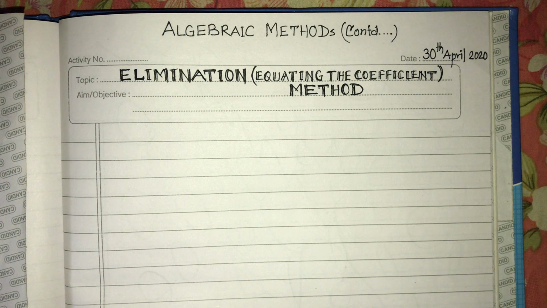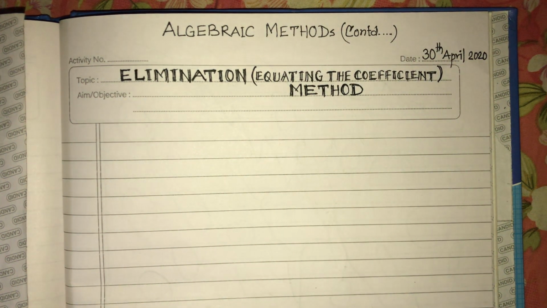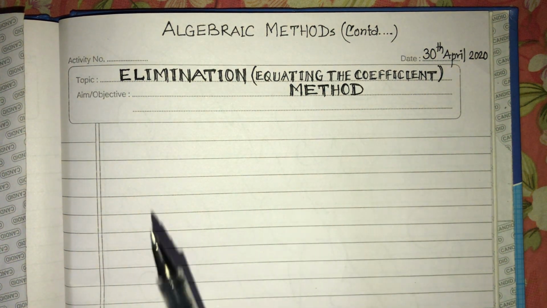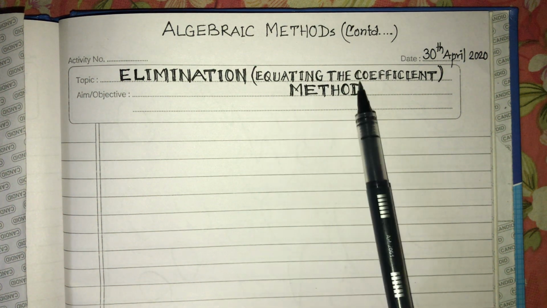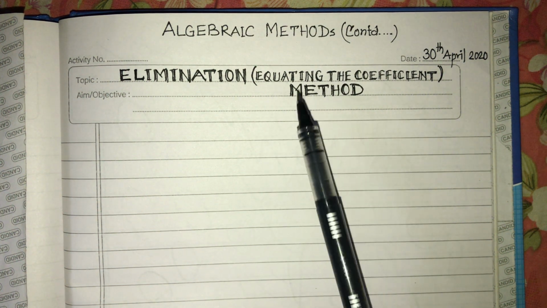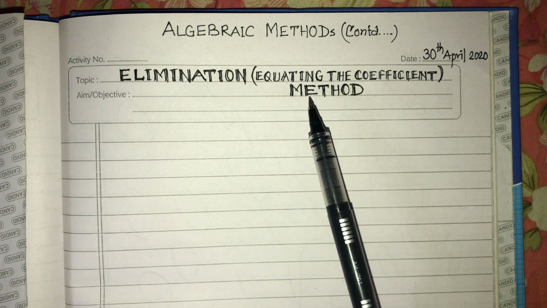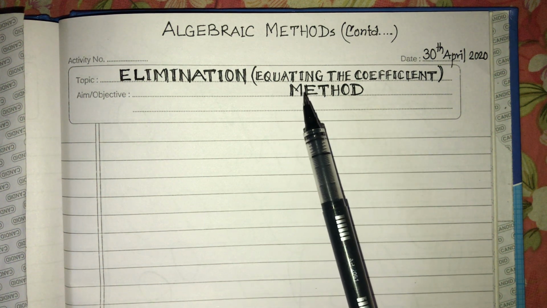In this video we will learn the second method, one of the most effective methods of solving a pair of linear equations in two variables by the algebraic method. The method is called the elimination method, or we can even call it the equating the coefficient method. This is very effective, simpler, easier and shorter than the one you have studied earlier,